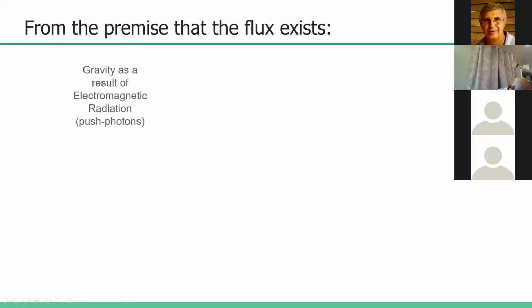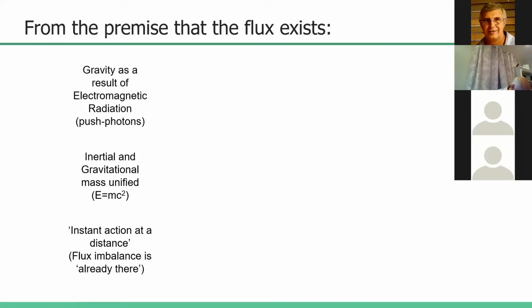That is how Newton's instant action at a distance can be explained. We have shown the 1 over r squared for spherical masses. And here, although I've taken great care to point out that I do not have any argument with Newton nor Einstein, unfortunately, this rules out modified Newtonian dynamics. Modified Newtonian dynamics, for those who don't know, predict a different drop-off of gravity other than 1 over r squared. I did not set out to oppose MOND, it just happened.